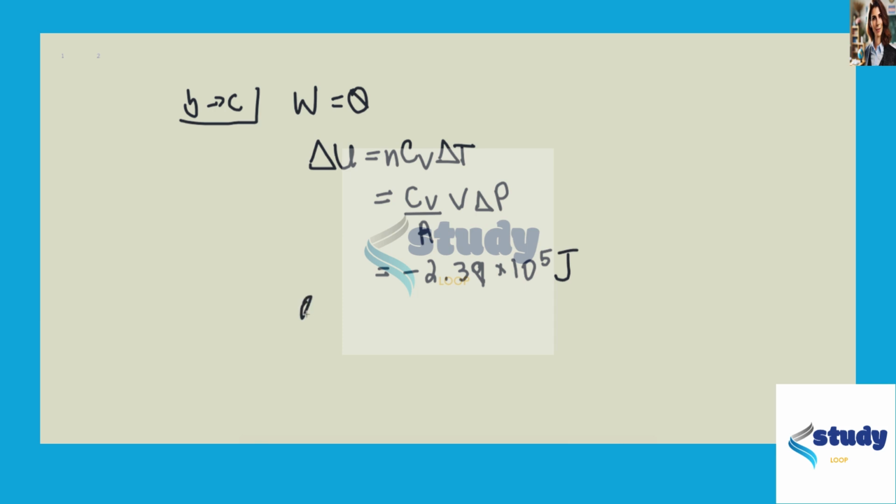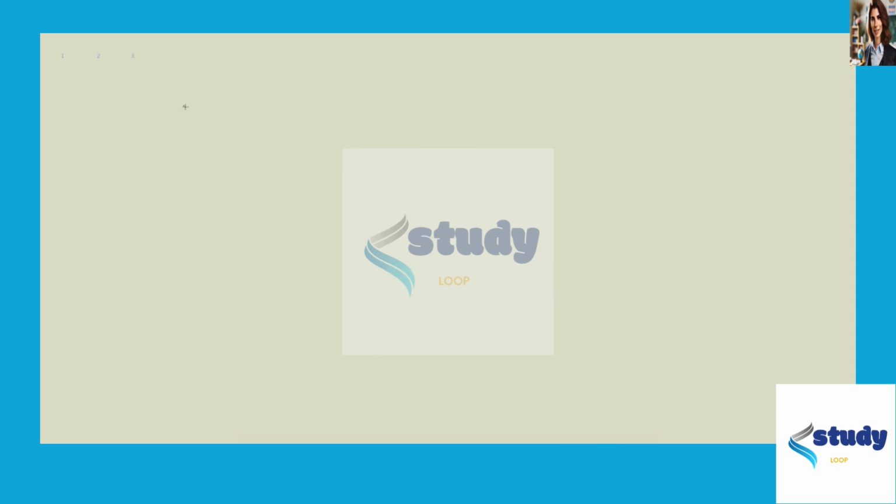And then the fact that work is 0 means that Q is also negative 2.39 times 10 to the 5 joules. And from C to A, let's see,